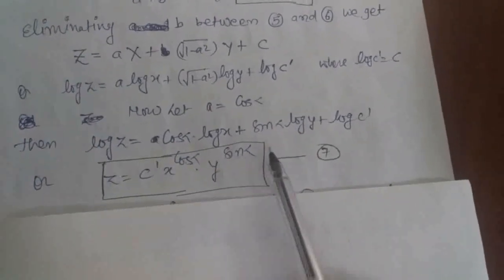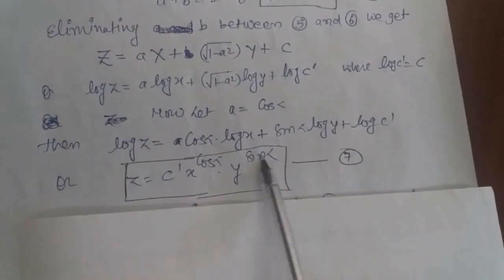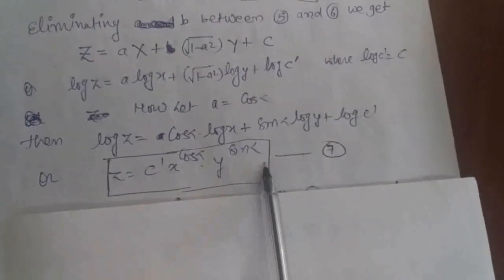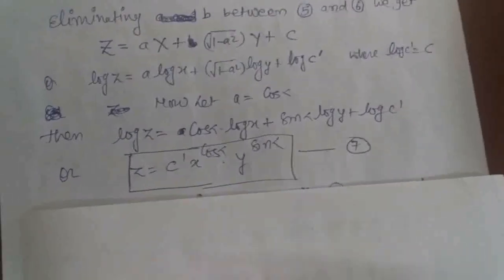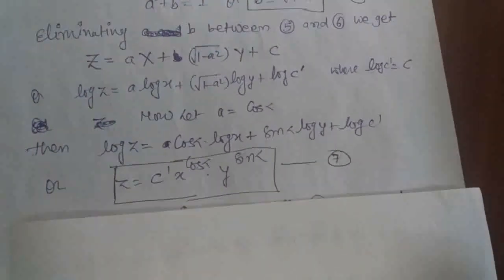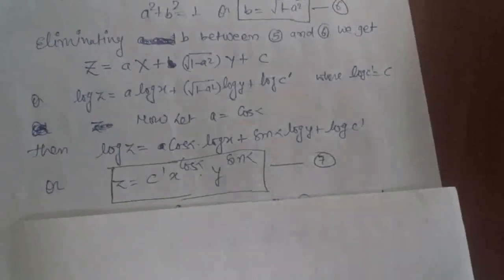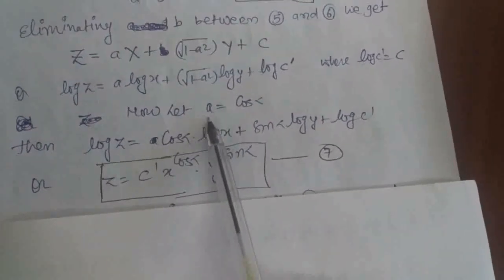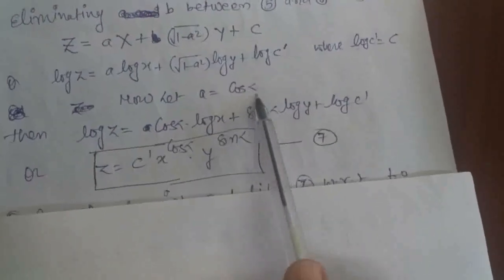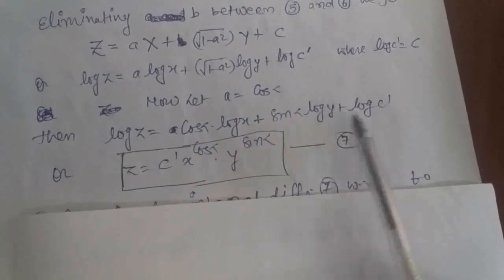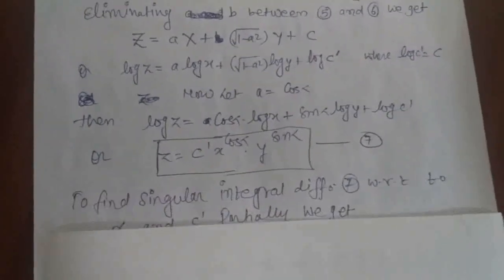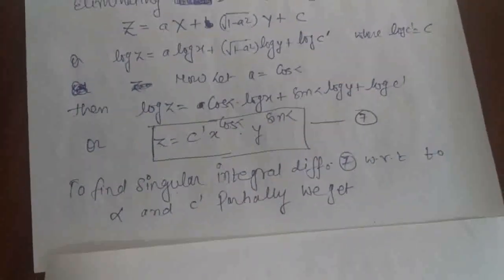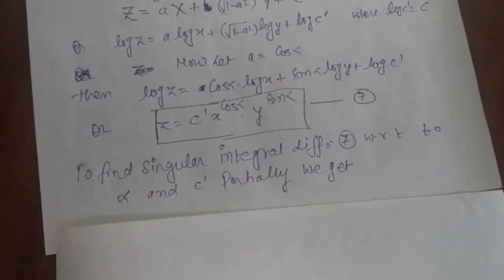So to obtain the singular integral, we differentiate the complete integral with respect to alpha and c dash partially. Previously we differentiated with respect to a and c, but in this problem the constant a is replaced by parameter alpha and c is replaced by c dash. So to find the singular integral, differentiate 7 with respect to alpha and c dash partially, we get,